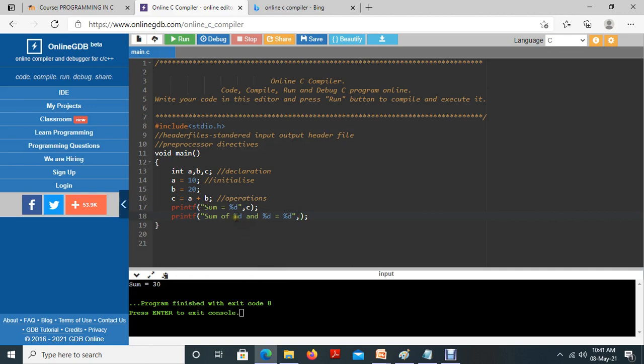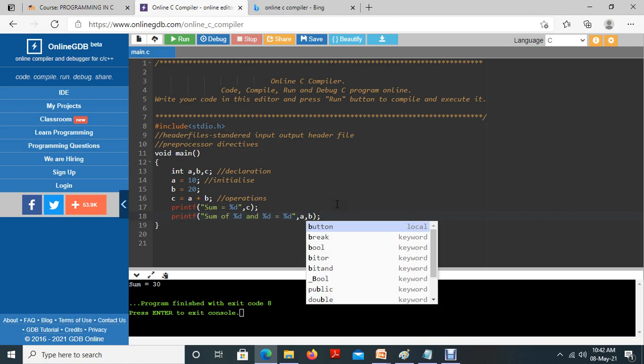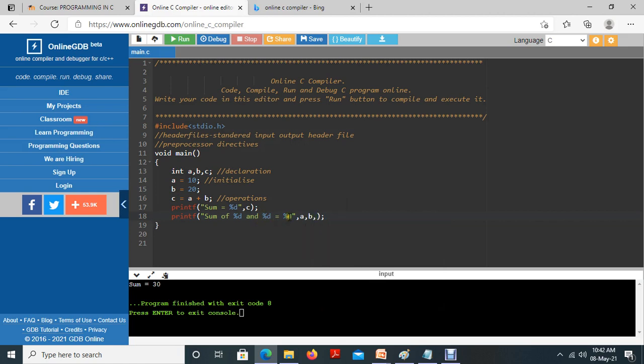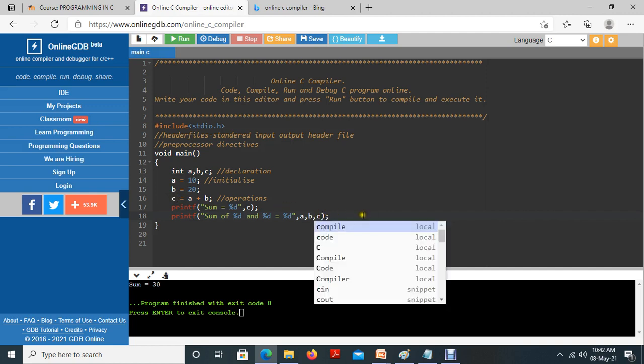So you have to mention the variables in this order. What value do you have to print here? The first %d represents the value a, so a, comma, then the second %d represents the value b, so you mention b, comma, and the third %d is intended for the variable c, so you mention c here.